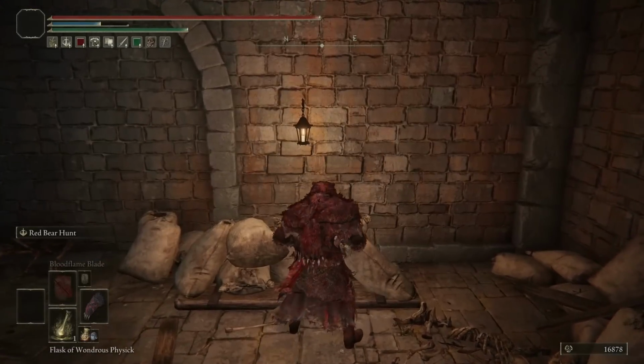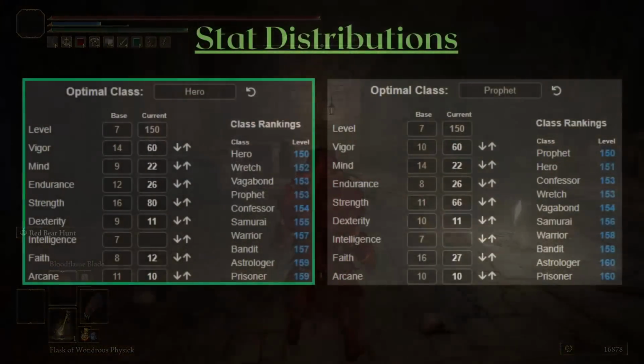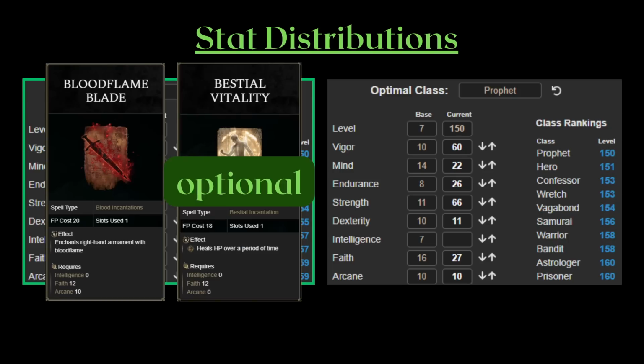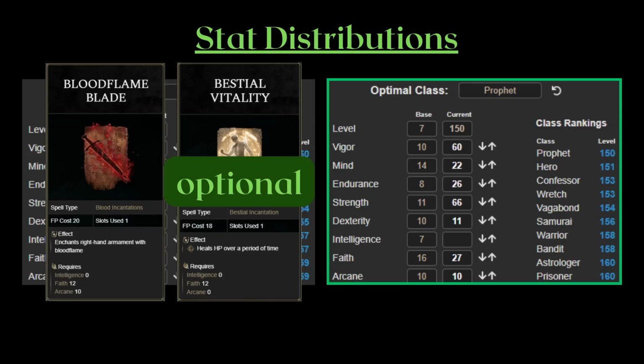As for the 2 stat distributions, the left stat distribution is the simple style, for people who don't want to bother with too many buffs. All you need to carry around is Bloodflame Blade and Bestial Vitality for some extra HP and just for the theme. The right stat distribution, with 27 Faith and less Strength, still runs the 2 incantations of the Strength build,